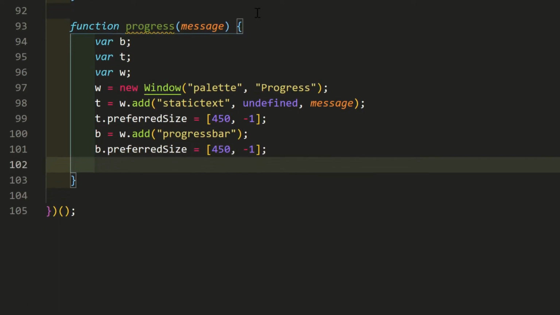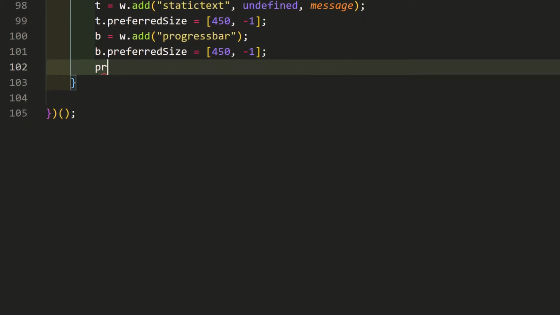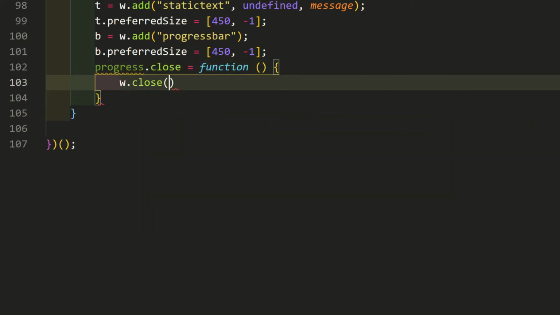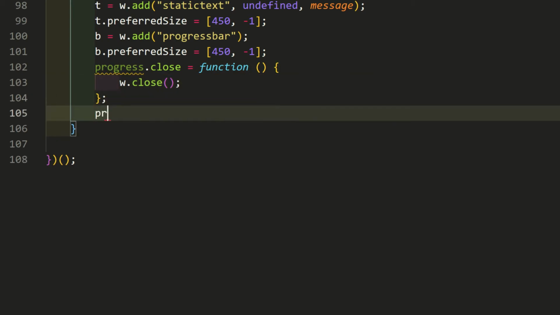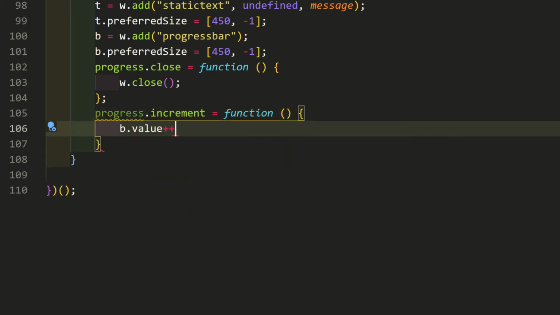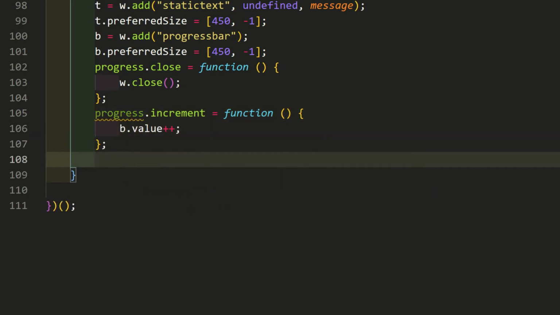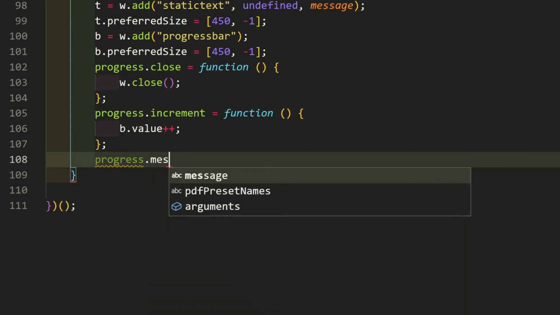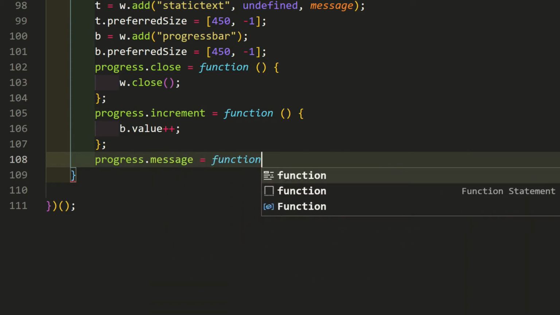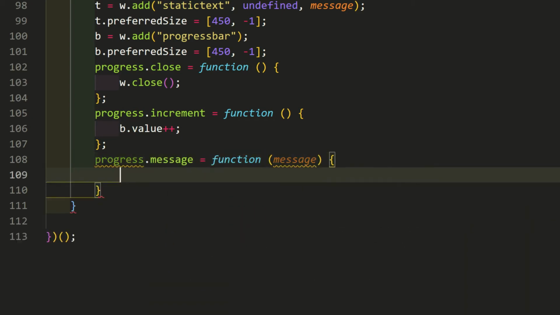Now for some sub-functions, but a little different from normal. I'm defining them as properties of progress. In this case, the term is actually methods rather than functions, but that detail isn't crucial. More important is understanding every JavaScript function is an object, and like any object, it can have additional properties and methods added at any time.